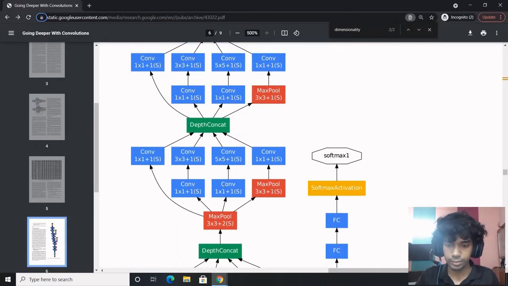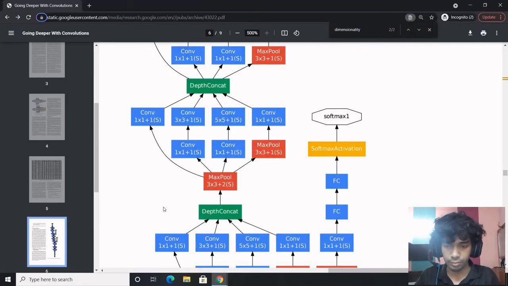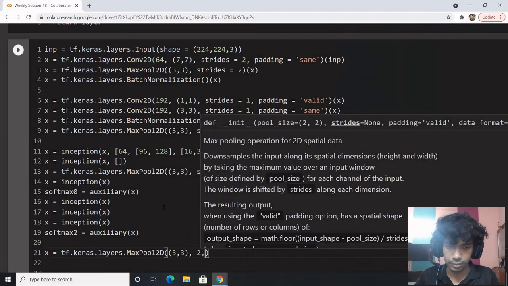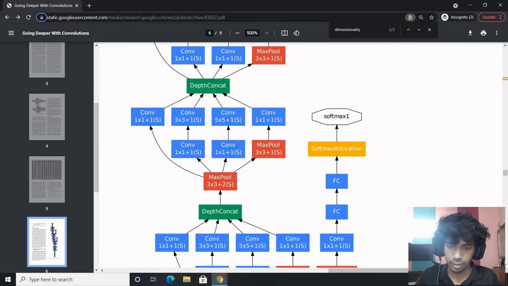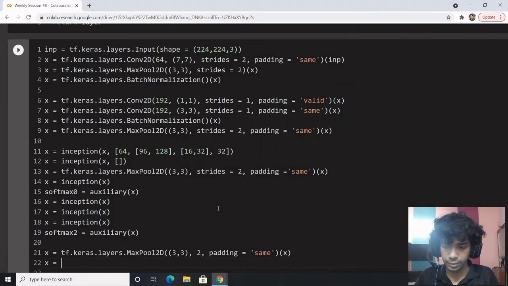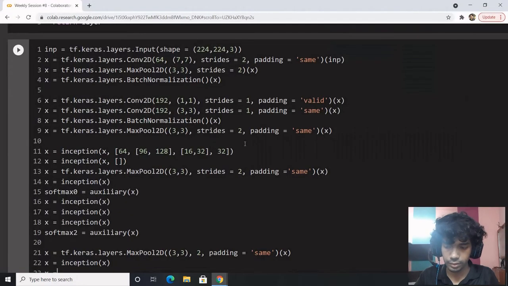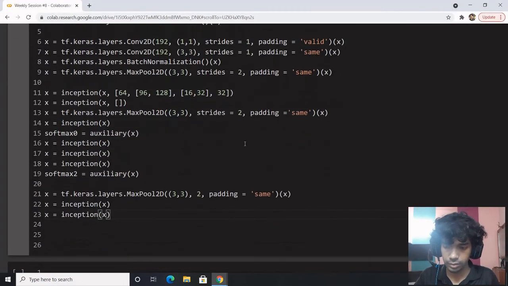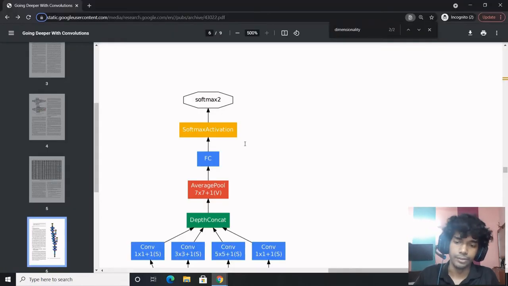We have the final inception with a max pool in between, x equal to tf.keras.layers.MaxPool2D, which is 3 cross 3, strides 2, padding equal to same, x. We have an inception here, x equal to inception x, another inception here, and finally the classification part.